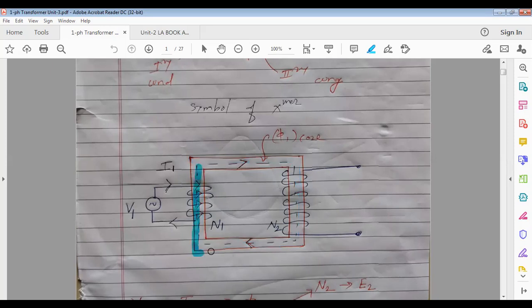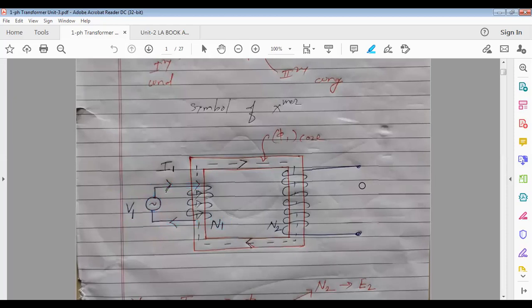Now you can see on this square or rectangular shape magnetic core, primary winding and secondary winding are wound. See here on your left hand side, it's a primary winding with N1 number of turns, and across it an AC voltage source is applied. This is the symbol, all of you can see, for the AC voltage source. Here I have written capital V1, meaning it's the RMS value of voltage. So the winding across which you apply the AC input voltage is called the primary winding.